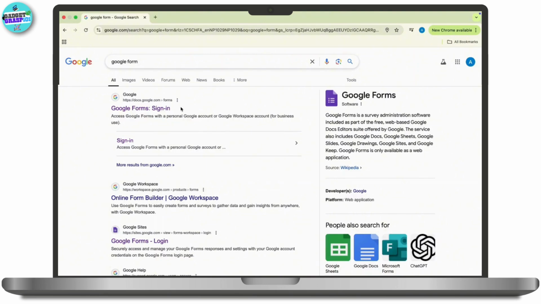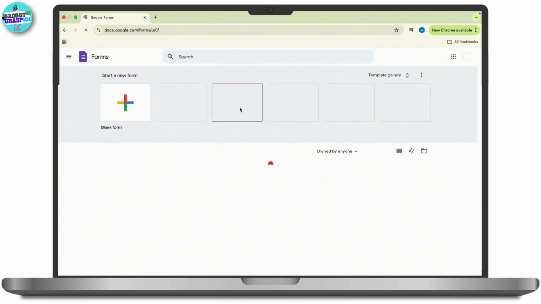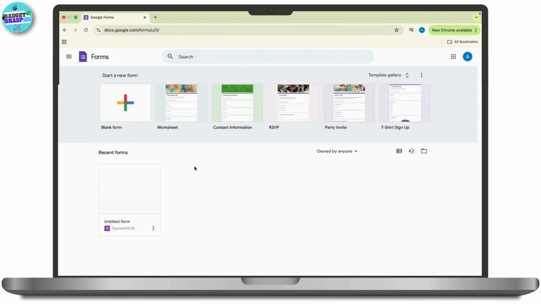Inside the Google Forms, make sure you are signed in to your Google account. Now there, all you have to do is select the form you want to see responses of. Now once you select the form,